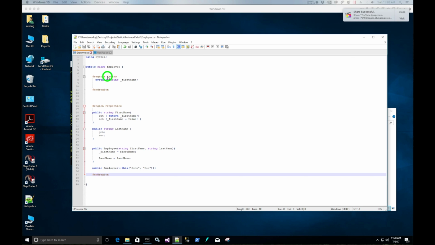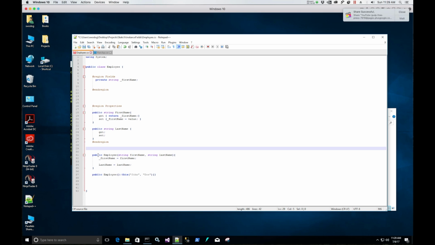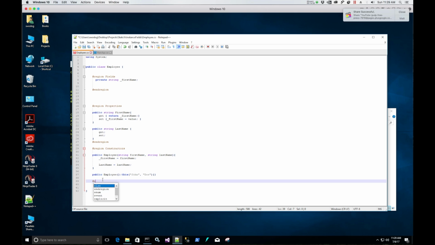Okay, newbie mistake here. Looking at this code, I put regions. It should just be region. And I started typing these constructors. This is not a problem, but organizationally, I want that right there. So these are constructors. I'll make another region just to delineate the constructors. So it's region constructors, and then end region. Okay, save that file,